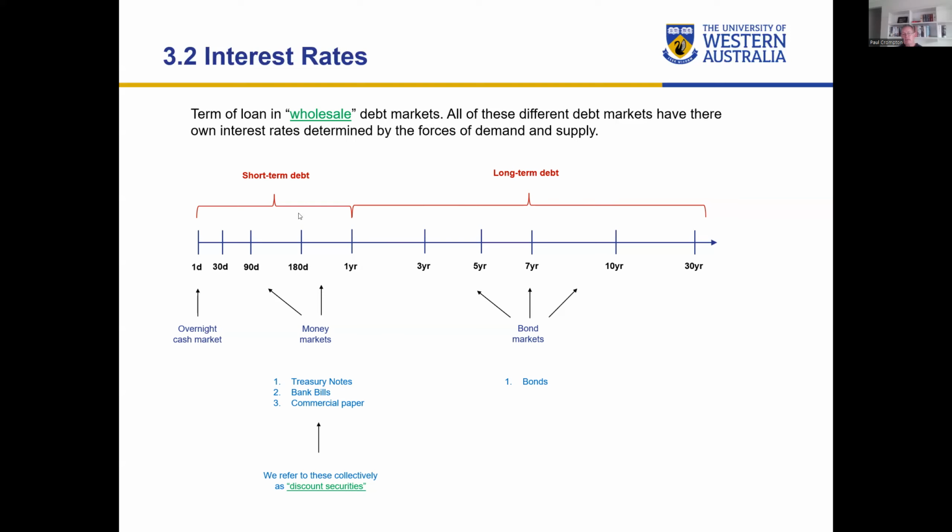So what we're going to do now is focus on these short-term debt markets. Let's just imagine you go in to the ANZ and you undertake a loan to buy a house for $1 million. Now the bank's going to get that money from long-term debt markets, short-term debt markets, and some customer deposits as well. But let's just focus on the portion of your loan, your mortgage loan, that is financed through these short-term